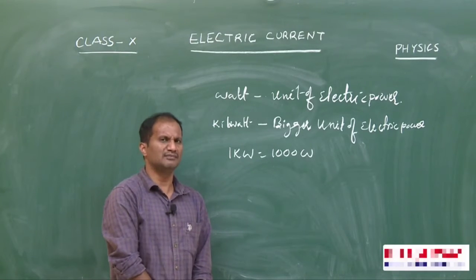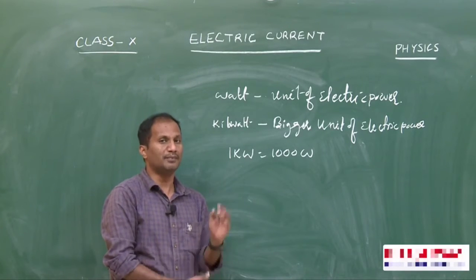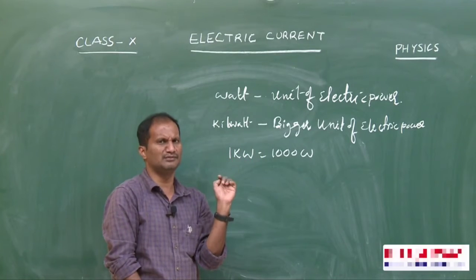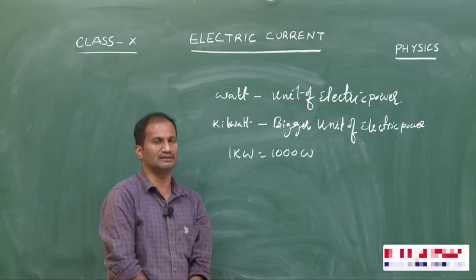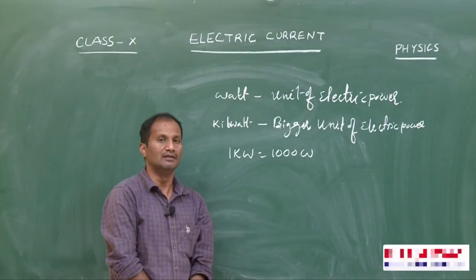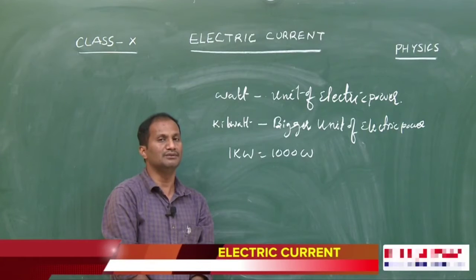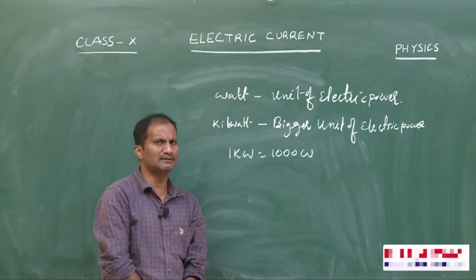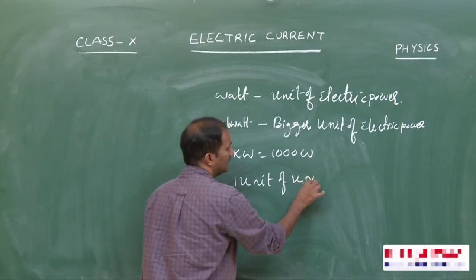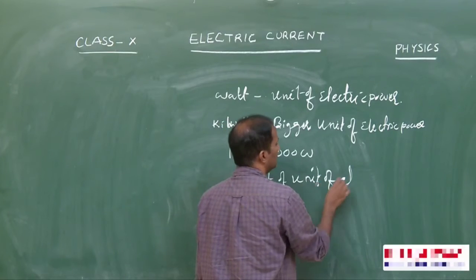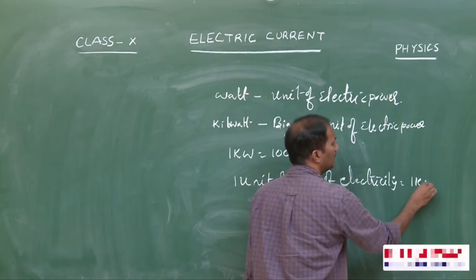In general, after the end of each month, the electricity department gives one power bill, that is the amount of energy consumed by each individual home or industry. In that power bill, we generally discuss how many units of electricity are consumed in our house. That is called unit of electricity. 1 unit of electricity is equal to 1 kilowatt hour.